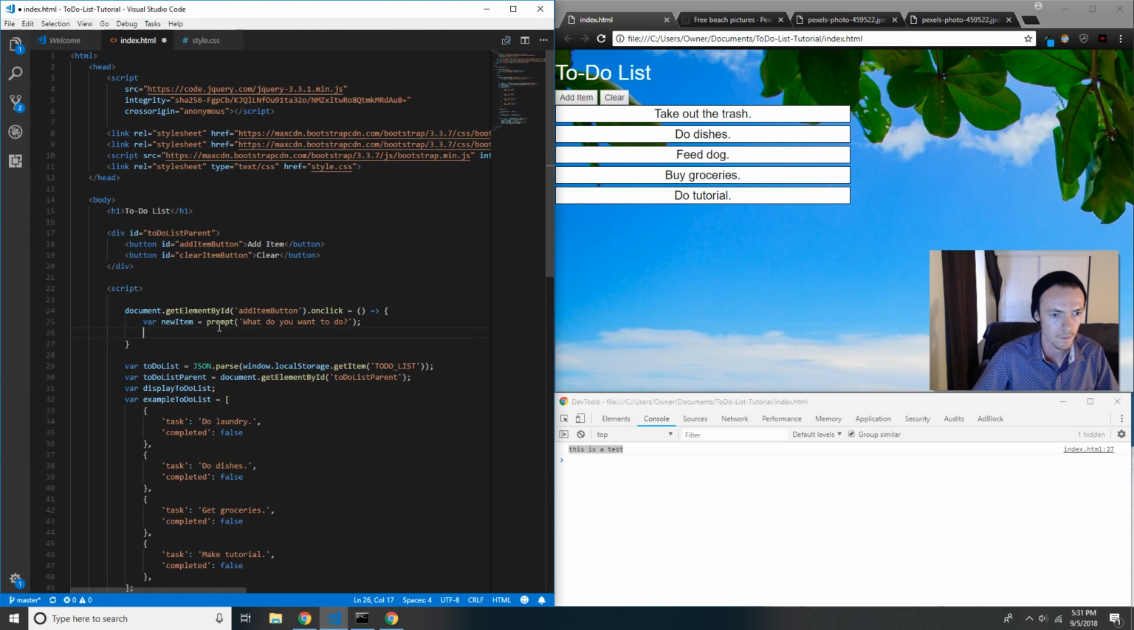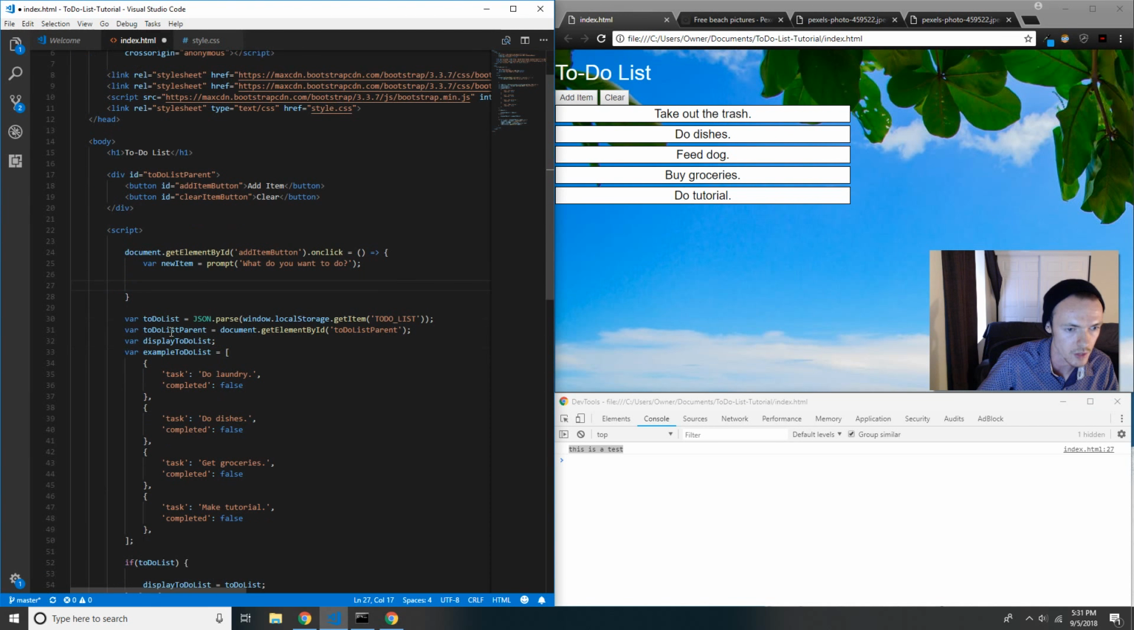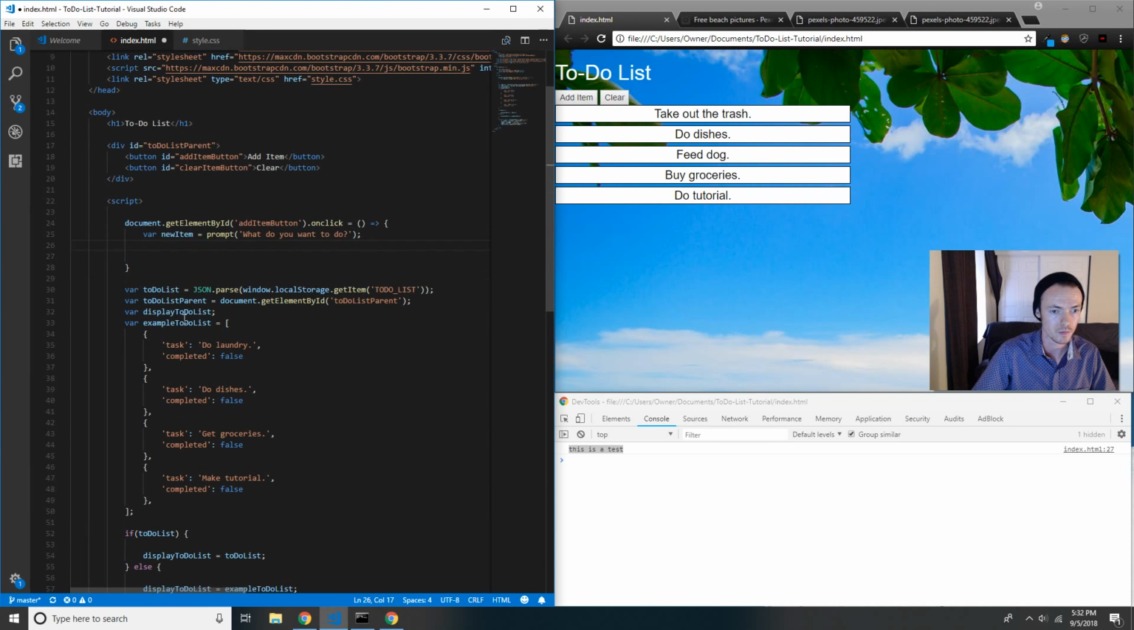So what we really want to do is when we create a new item, we want to then add what the user types into that. We want to add that into the, let's go up, see what we got, or down I should say, the display to-do list variable. So display to-do list dot push, since it is an array, dot push